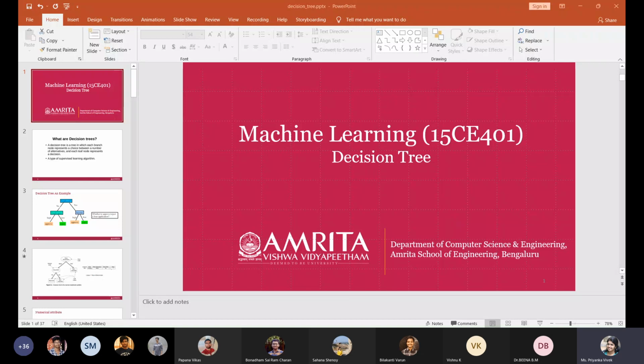And in your syllabus, actually, there is no neural network concept coming in, but we have added it. So at least we'll give a small introduction because most of you are doing projects based on deep learning, etc. So at least you should have some basic knowledge of what is neural network. So we thought we'll just have it in your course. I'll be covering that also after this decision tree.